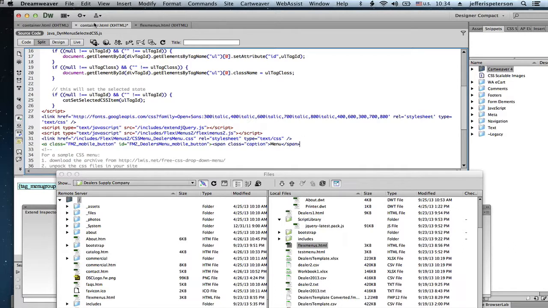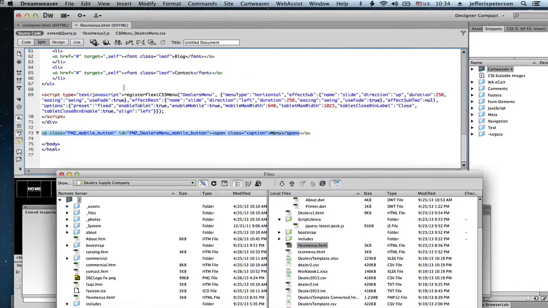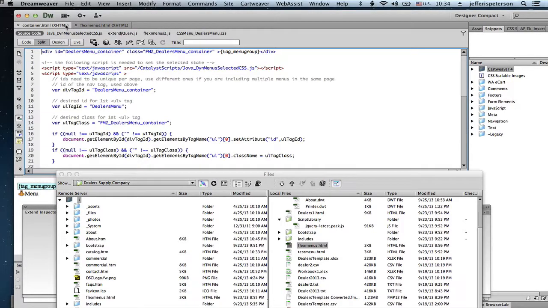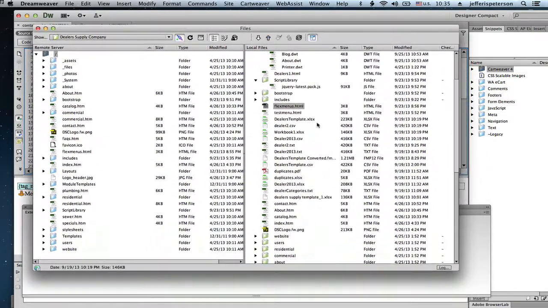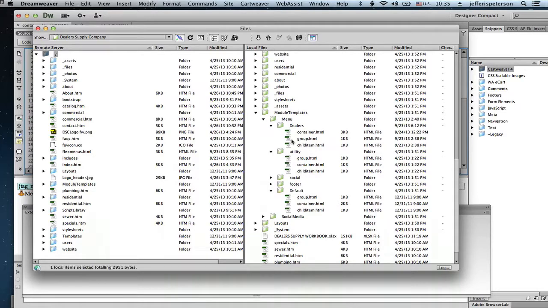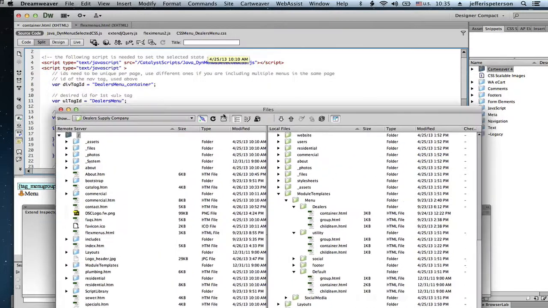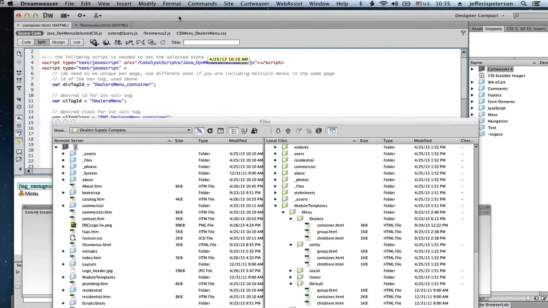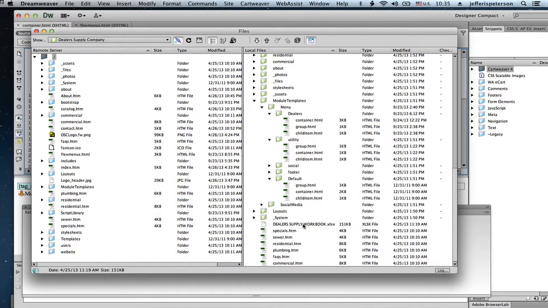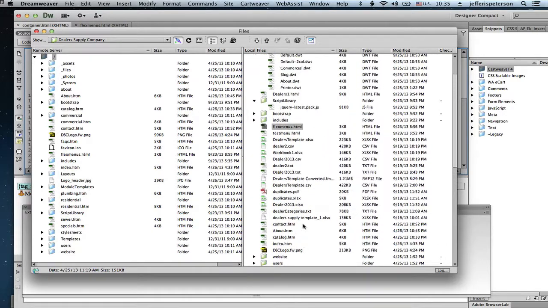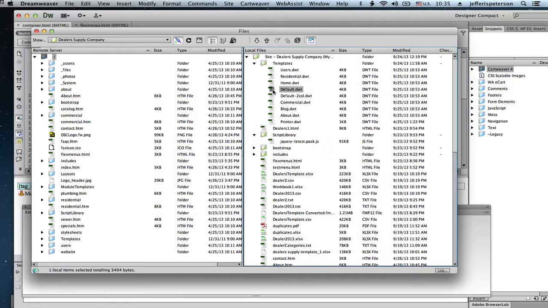Now, because I've already done this on the one I'm doing, this is actually a default. I just wanted to show you the steps. I'm not going to save this. I'll show you where it's complete. Don't save. This is the container menu inside of the dealers folder on mobile menus. Right here, dealers. Okay, and let me show you a page where we've placed and left the menus, the scripts. So I want to just pull up default again,